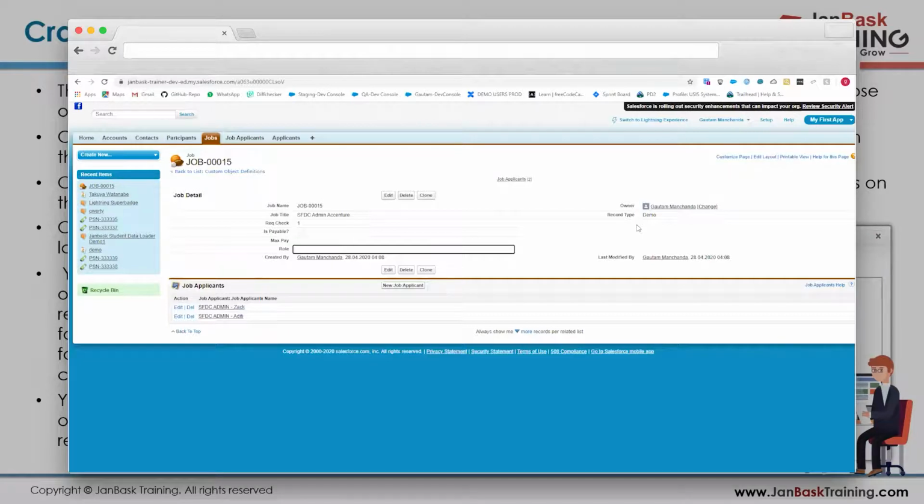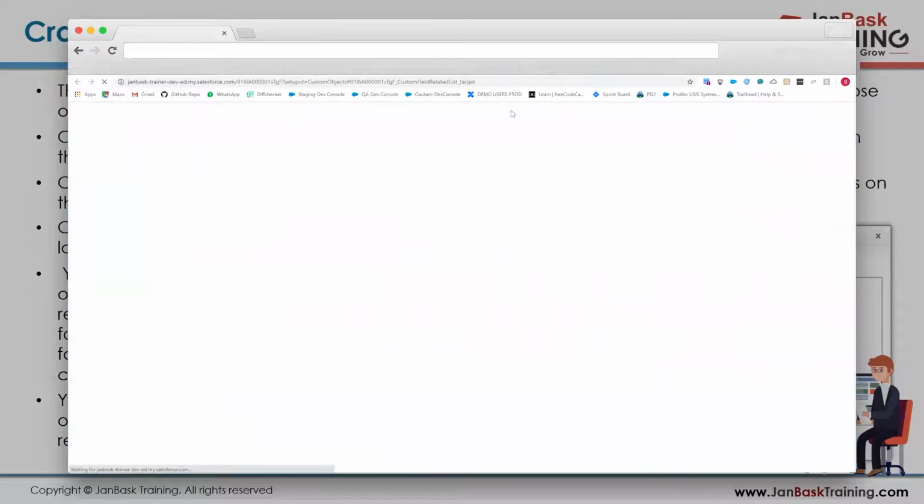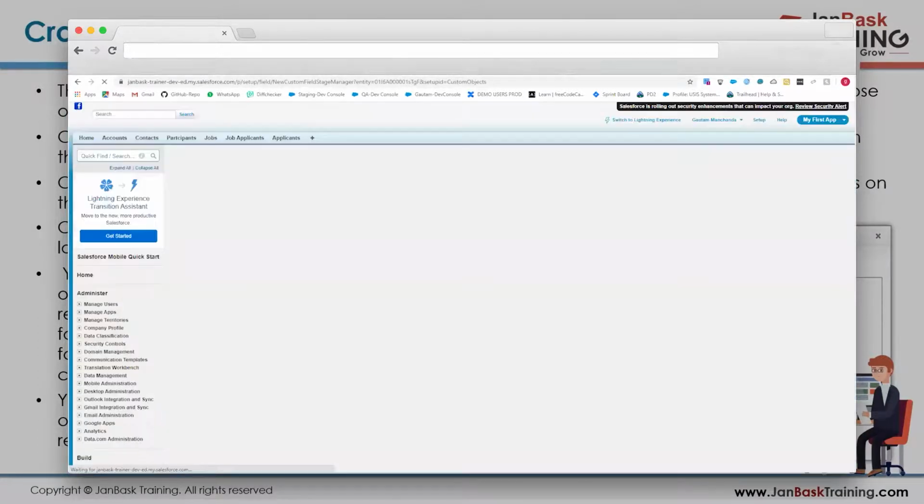So in real time business scenarios like these, we'll be using the formula fields. And over here, we'll just be practicing more and more with the different kinds of fields that we can create. So now, for example, I ask you to create a due date field. This job's due date should be something like created date plus 5 days. So if today is 16, 21 should populate over here. I have 17 today. So let's see. Let's create a field which will be more like a due date calculation field.